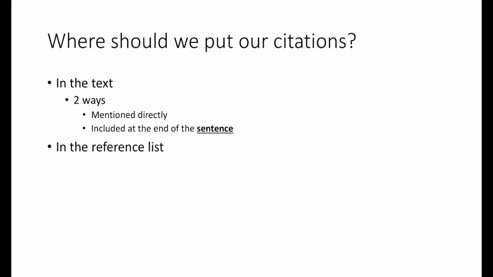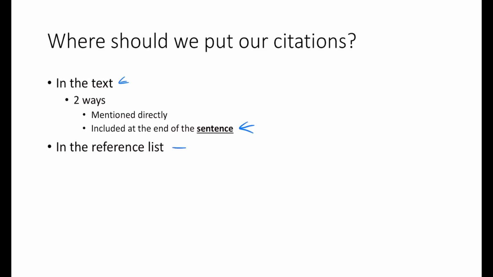So where do you want to put your citation? First off, you've got to put it in the text. So if I say that this percent of people have this disease, I want to put my source right at the end of that sentence, or right in that sentence where I said it, not at the end of the paragraph, not at the end of the paper, because then you leave it up to the reader to have to go back and figure out which source matches up with which piece of information. So right when you mention something, that's when you want to cite it, right at that sentence, not at the end of the paragraph, not anywhere else.